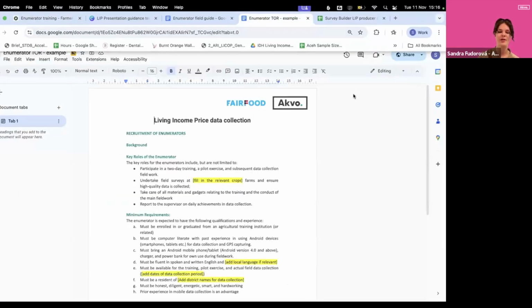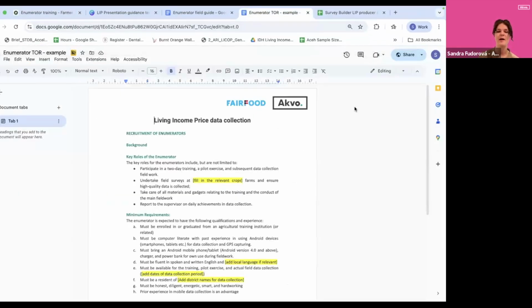But what you can already be using is that we have included an example of what terms of reference with an enumerator may look like, to also help you make sure that you are getting the best people and that the roles are really clear to everyone involved from the beginning.